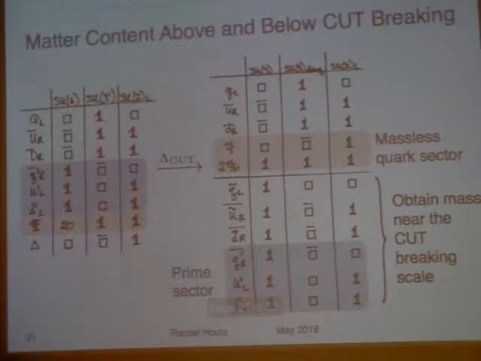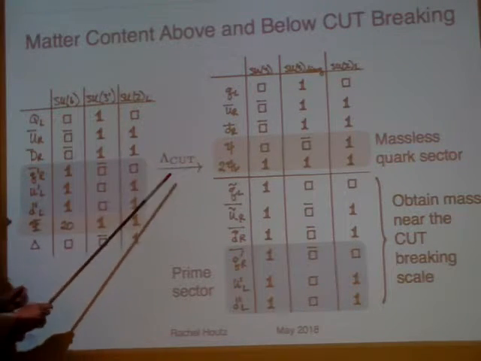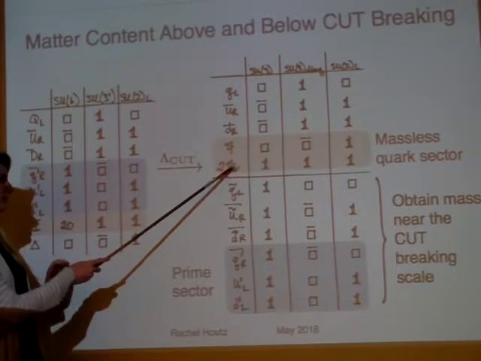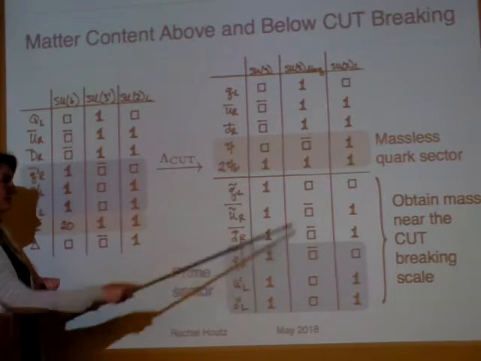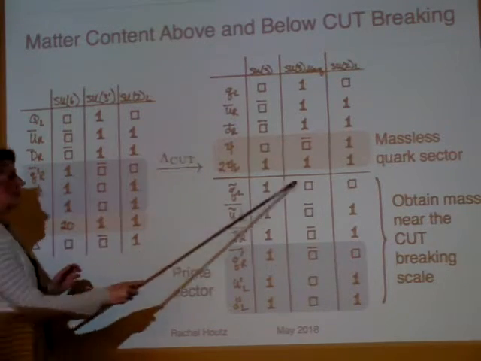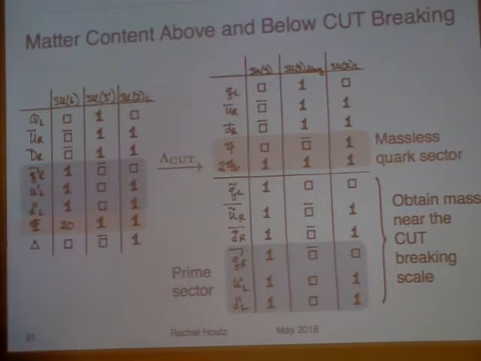So just to summarize, this is the theory so far, above and below, before we deal with the SU3 prime. So we have the normal standard model field content here. The blue is our prime sector, and the orange is our massless quarks. And this is the scalar field responsible for cut breaking. And then below, it looks very complicated, but everything below this line is very massive and sitting around the cut scale. So at the cut scale, we have the tilde quarks and the prime quarks, and they can form nice gauge invariant singlets because they're all charged under SU3 diagonal. Our massless quarks are still living below the cut breaking scale, and then the normal standard model stuff. So we finally have the low energy effective field content that we wanted, so that's very good.